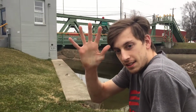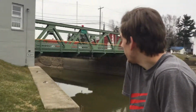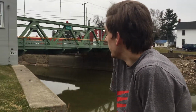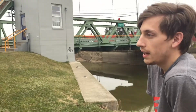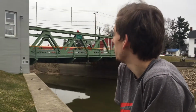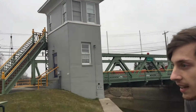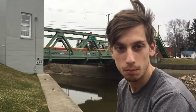Hi, Austin, resident of Medina, New York. What do we have behind us? We have the Medina Lift Bridge. Well, one of Medina's lift bridges. There's a couple here. So how does this lift bridge here work? Basically, when a large boat comes by either direction, they radio this tower here, and when they do that, a person controls it to go up, and then once the boat passes it, they just